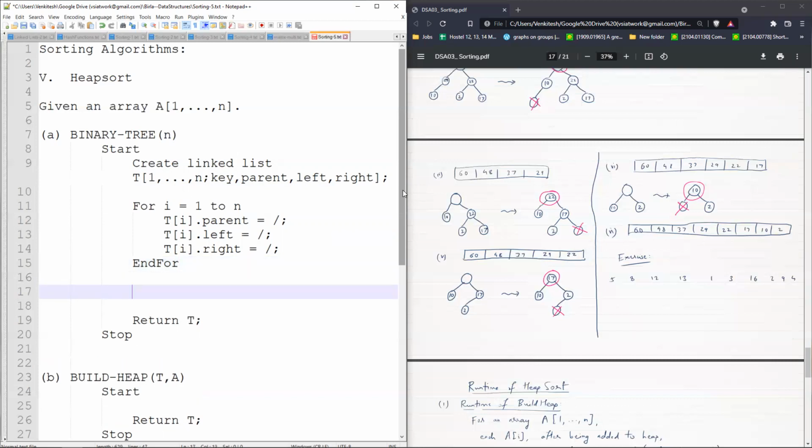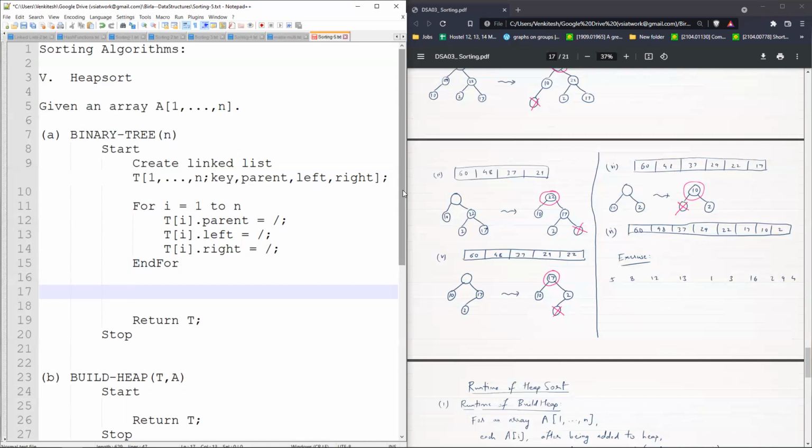What about key values? We don't really care about the key values. There will be some default that is usually created, and that default value is chosen by the system, or it will be some random value. So we don't set the key value at all. The key value will be set later on, depending on what array we want. So this was it. And now what is remaining? When all the pointers are empty, the vertex is isolated. So this has created n vertices. And now we want to make the attachments. We want to link the pointers.